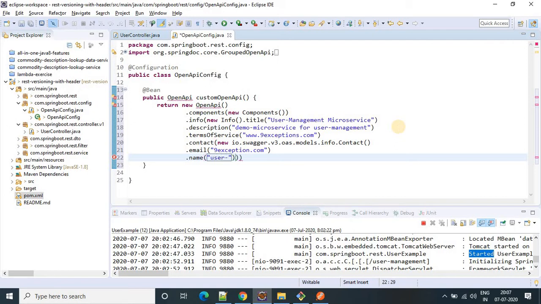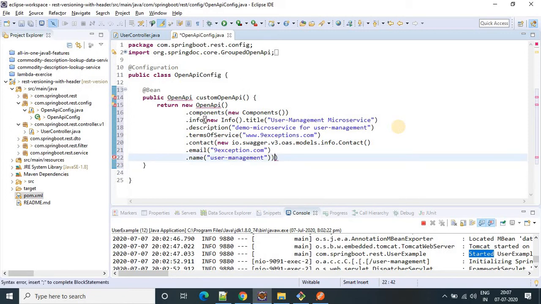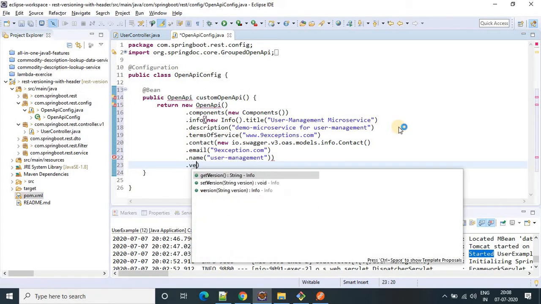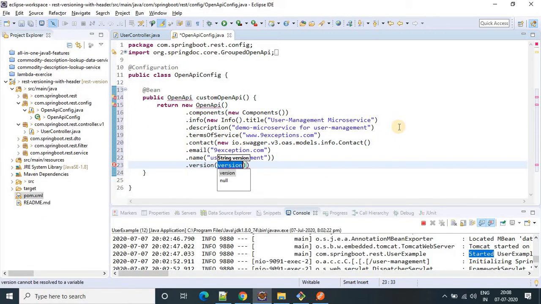User management. Dot, at last we have to provide version. Version is 1.0. Okay, that's it.